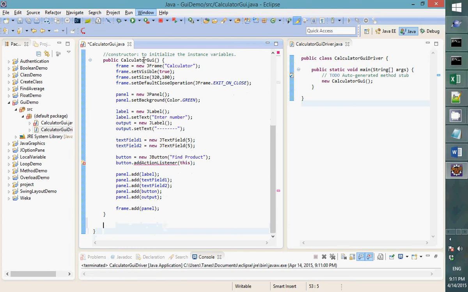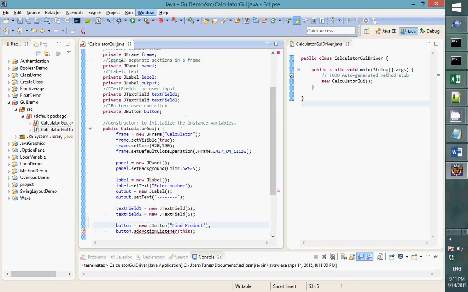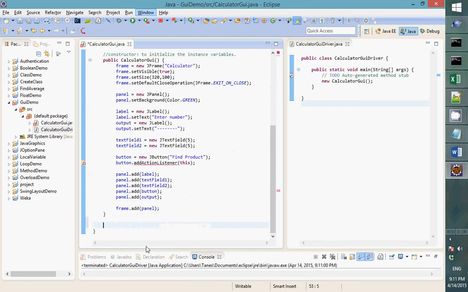Like, we have just one constructor now, we need to create the method to make it listen to, and this method always has to be named actionPerformed, okay, and with the parameter ActionEvent,